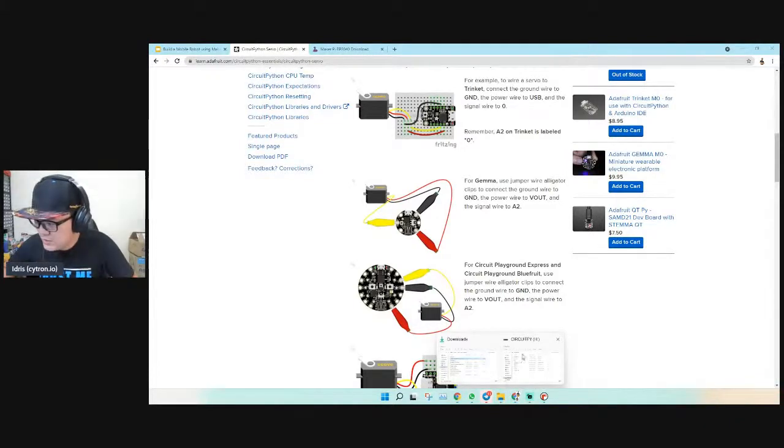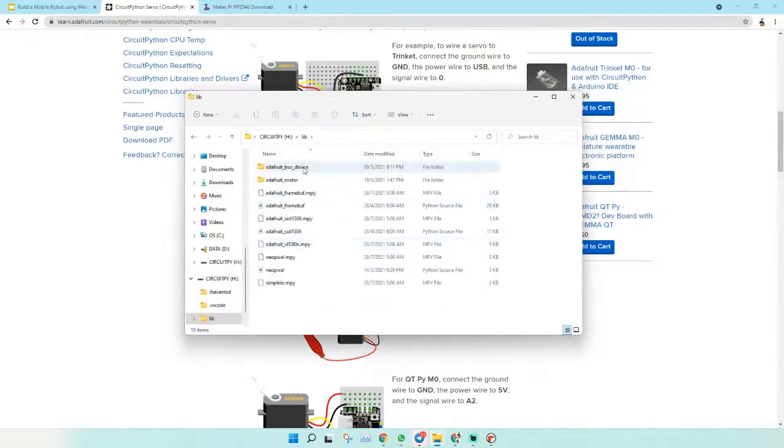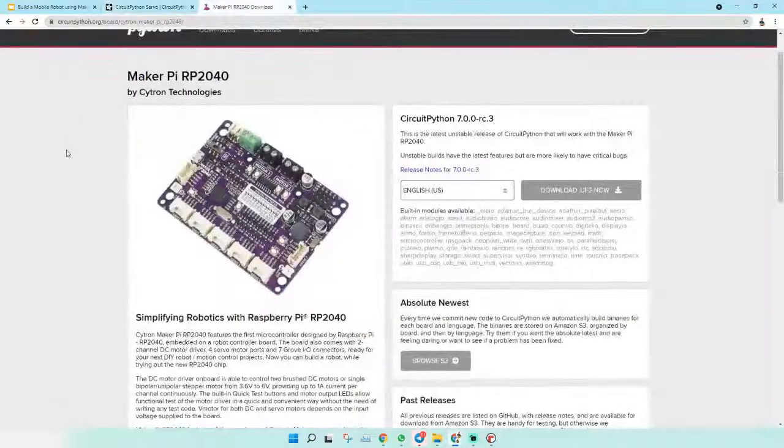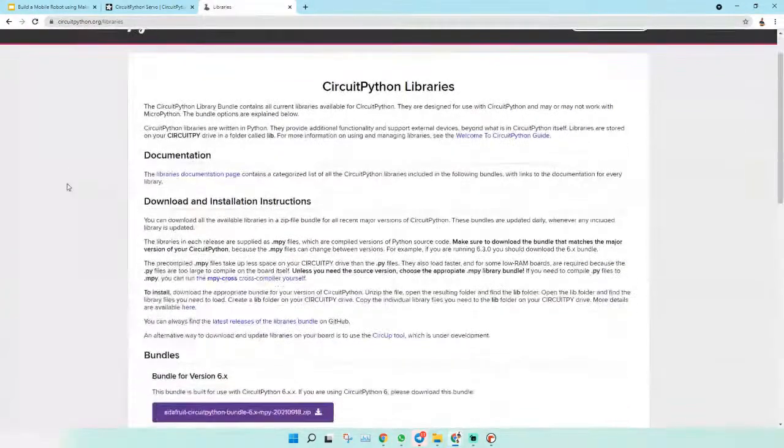So how to include the library? Actually, you can get the library from the website and just copy and paste it inside the lib folder. For example, I already put it here, Adafruit Motor. So where to download? Go to the CircuitPython website, and then you notice the Libraries tab here. Click here, and then